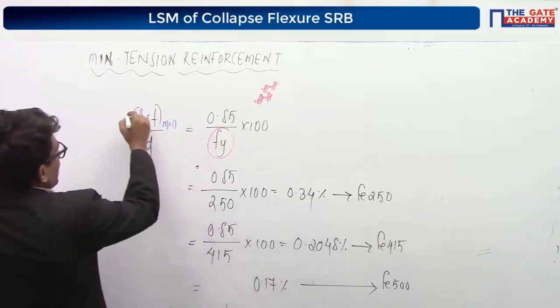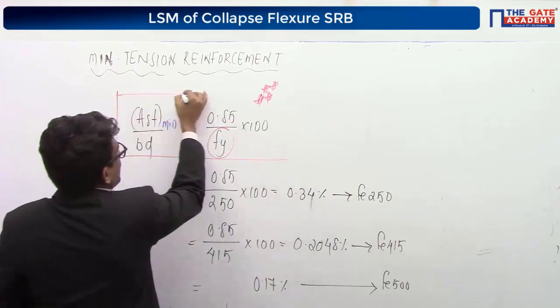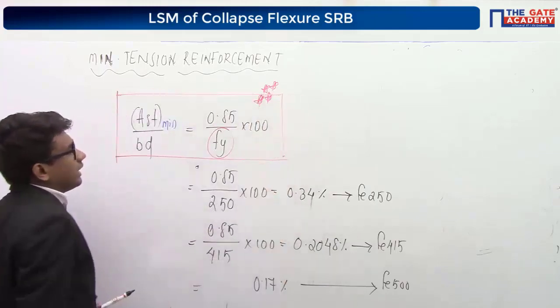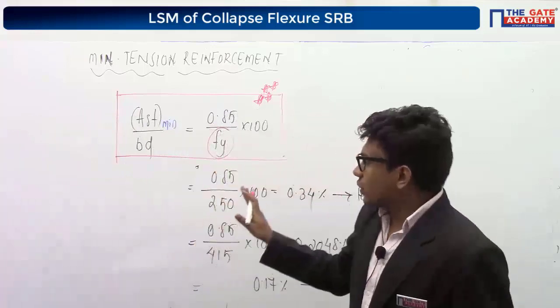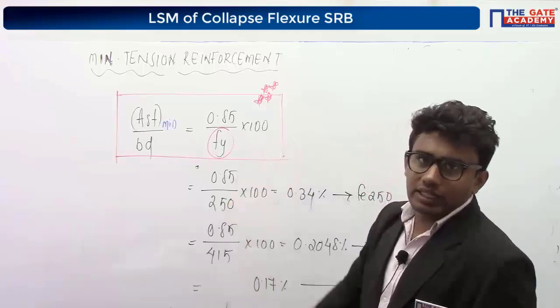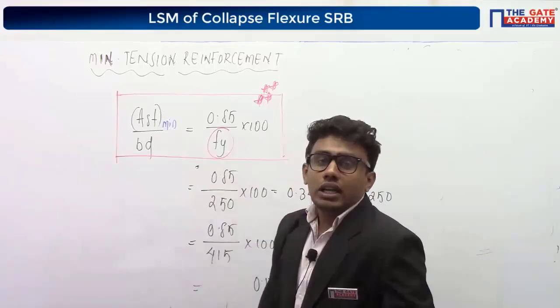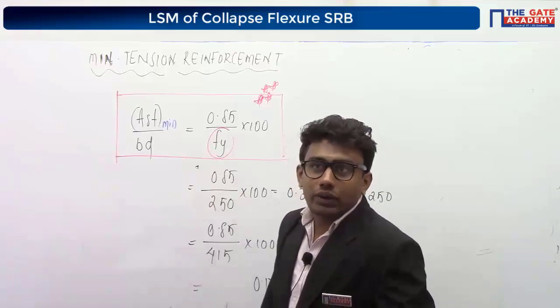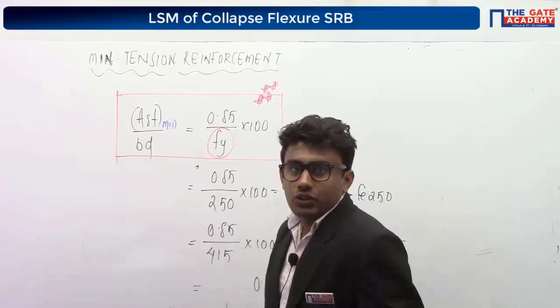This equation is important, okay? You are going to get direct questions from this equation. They are going to directly give you the equation there. You will be asked what the equation for finding the minimum tension reinforcement as per IS 456-2000 is. This will be in the options. AST divided by BD is equal to 0.85 divided by Fy into 100 will be the minimum tension reinforcement as